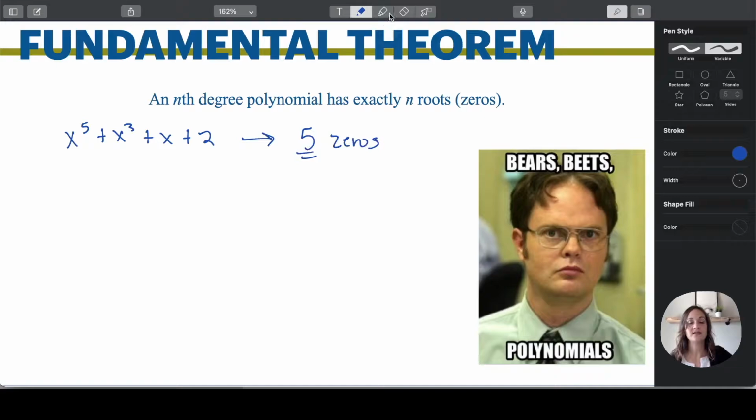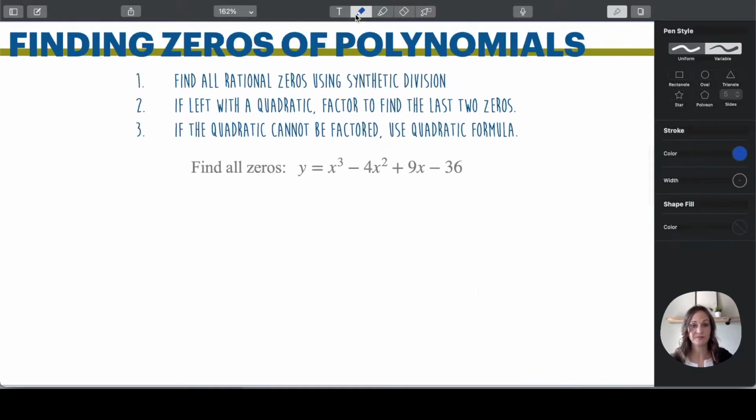Why? Because the highest exponent is going to tell you exactly how many zeros it has. So x squared plus x plus 5 means you're going to have 2 zeros for your answer. Why? Because the highest exponent is a 2. So no matter what the highest exponent is, that is the number of zeros that you are going to have in your answer. So back when we've discussed this in the past, finding zeros of polynomials, the 3 steps are: